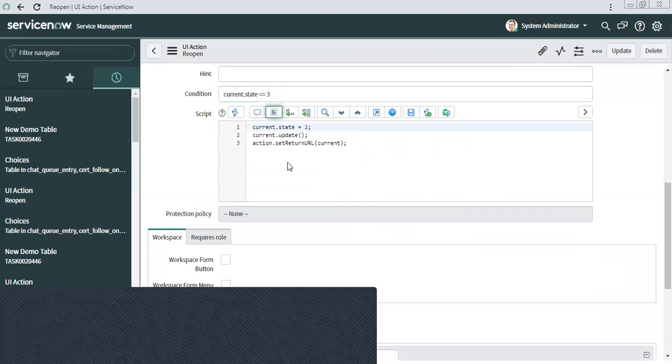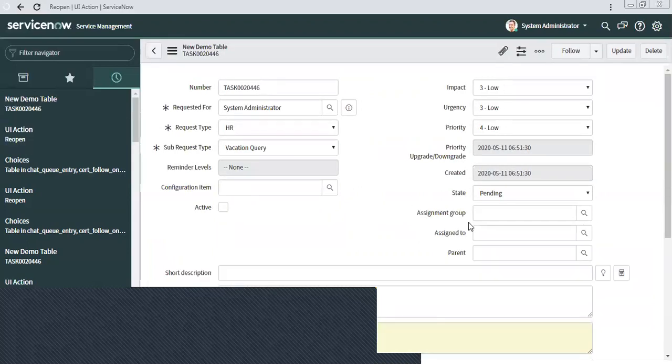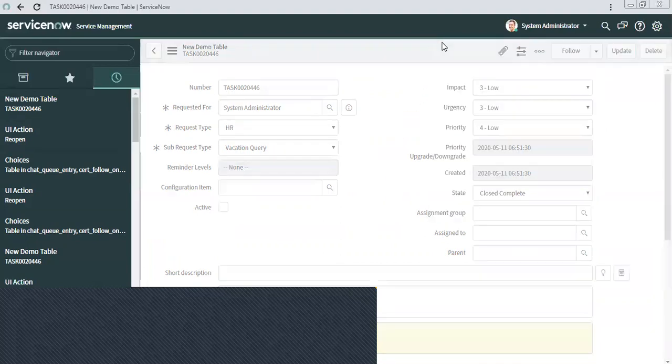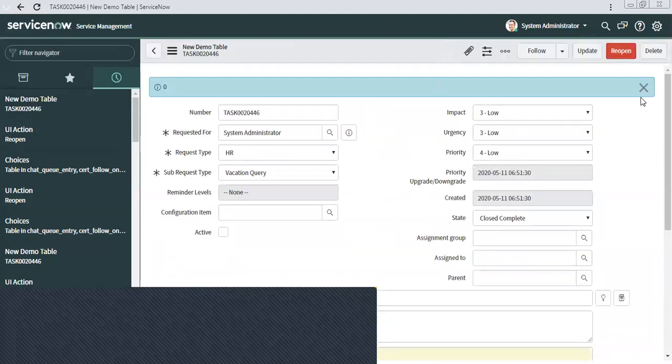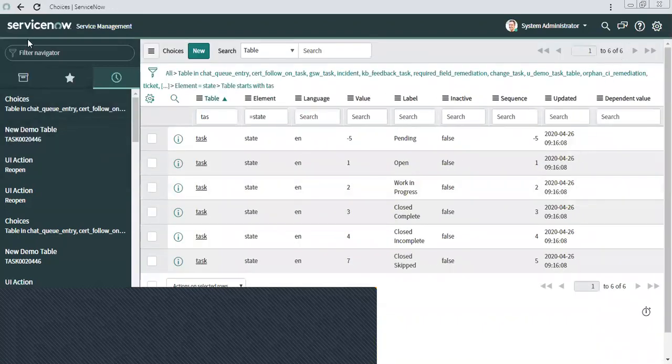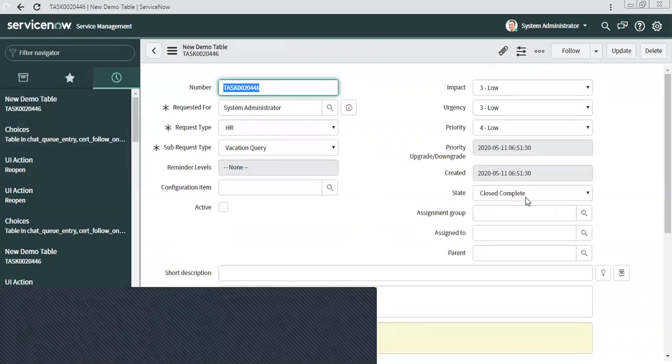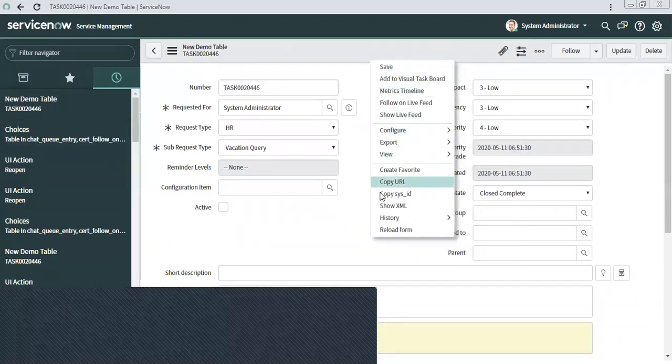Now if I go back to my task, see, it's not showing. Now if I move it back to closed complete and save, now it's available. If I click on reopen, it will reopen, and it moved.